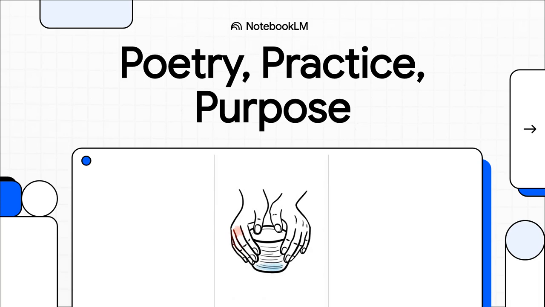Today, we're going to tear down what looks like a pretty standard 6th grade poetry lesson. But what if I told you that hidden inside its exercises about choosing words and breaking lines, there's a whole philosophy about what education is even for? Let's dive in and see what's really going on here.